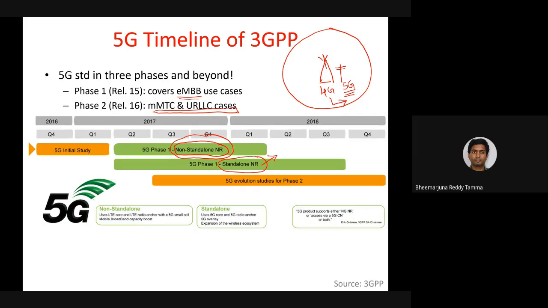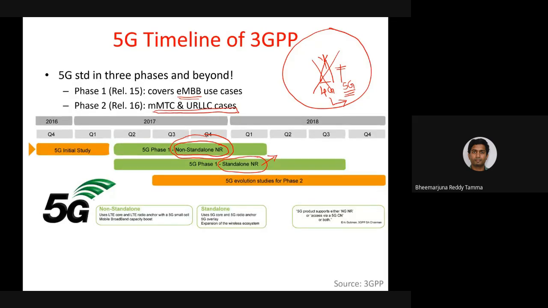That means even when you don't have the 4G base station, an operator can directly deploy a 5G base station which is connected to their backend network and provides the 5G operations. The main reason it has been done here is that many operators have already deployed their 4G networks, and since there are many base stations that operators have deployed, wherever they are